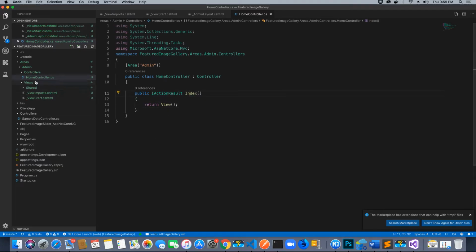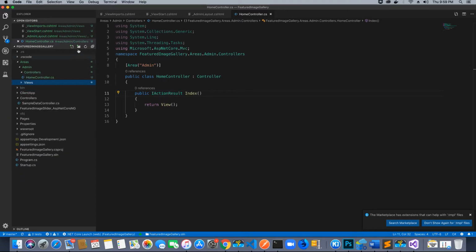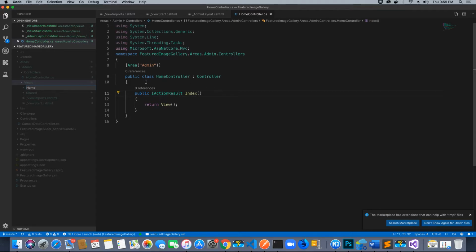So let's go ahead and, inside the views folder, first add another folder and call this home. All the views belonging to the home controller will be inside the home folder inside the views. Now inside the views, we need to create a view which is called index. So let's add a file inside the home folder and call it